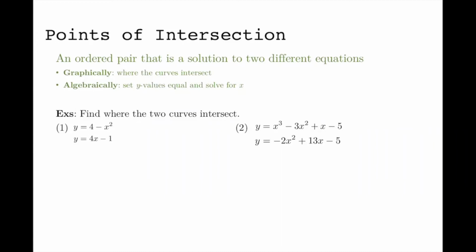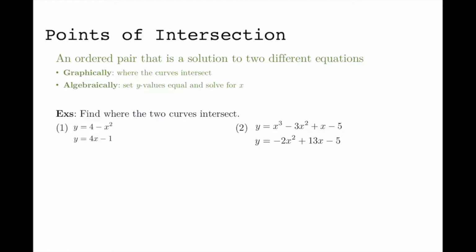The last topic in section 1.2 is points of intersection. Points of intersection are ordered pairs that are solutions to two different equations. Graphically, the points of intersection are where the curves intersect, where they go through the same point. Algebraically, to find those points, you'll set the y values equal to each other and solve